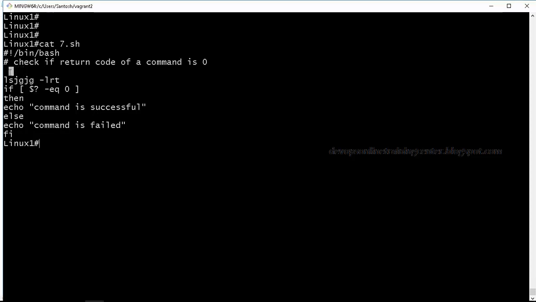Yes, we can identify. Every error code has a different meaning. 127 indicates that the command is not there, and 1 indicates that the command has failed. So every command will have different return codes. Based on that, we can identify what the problem is, right?